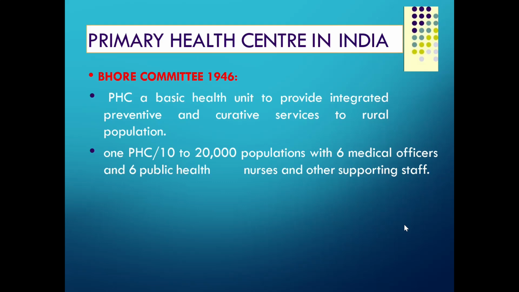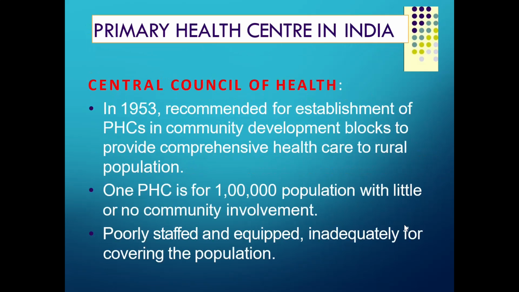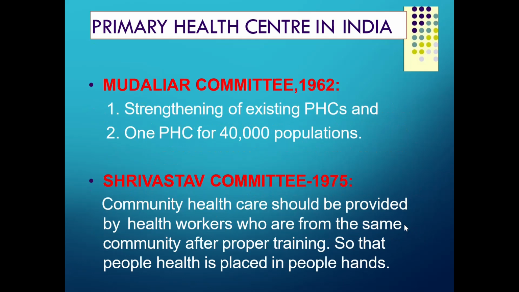At that time, a PHC for 10 to 20,000 population with 6 medical officers and 6 public health nurses was the guideline given by the Bhore Committee. Then the Central Council of Health in 1953 recommended establishment of PHCs in the community blocks. They gave one PHC for 1 lakh population with little or no community involvement. Then the Mudaliar Committee in 1962 focused on strengthening existing PHCs, and they recommended 40,000 population for one PHC. Then the Srivastava Committee in 75